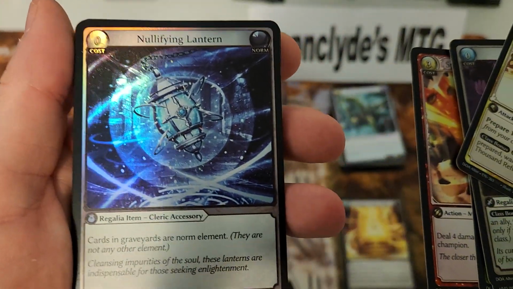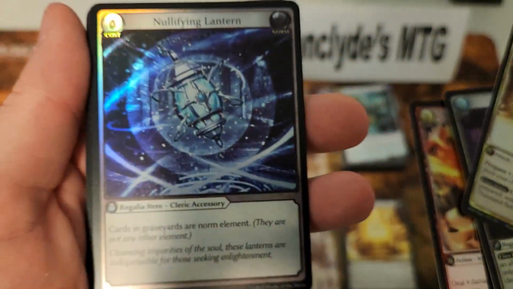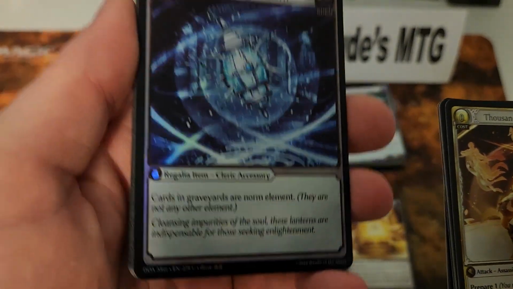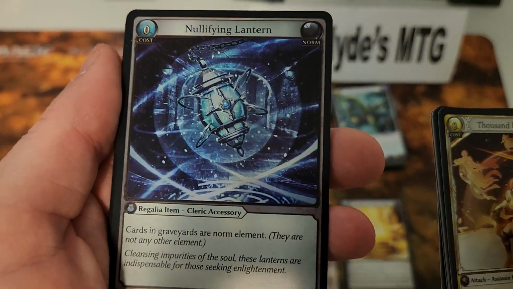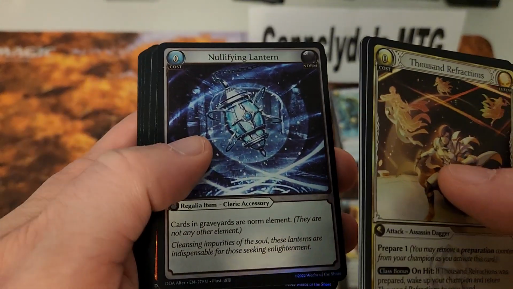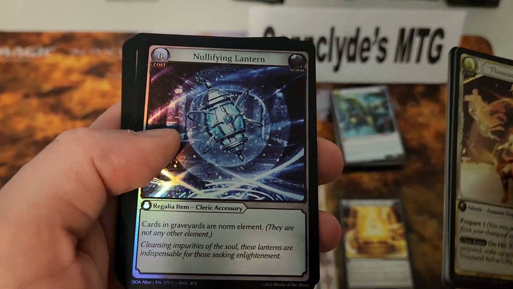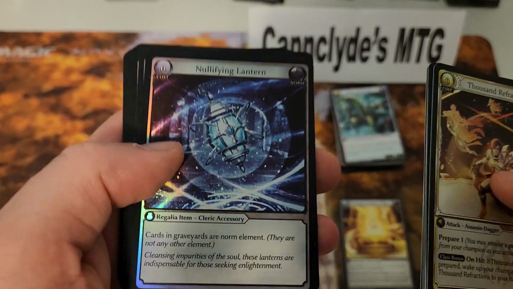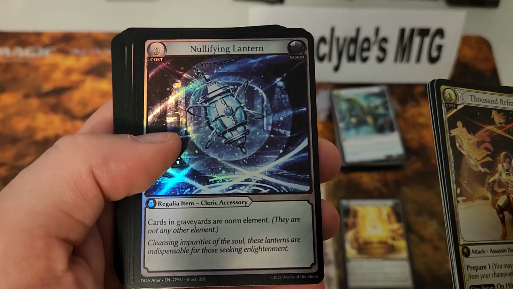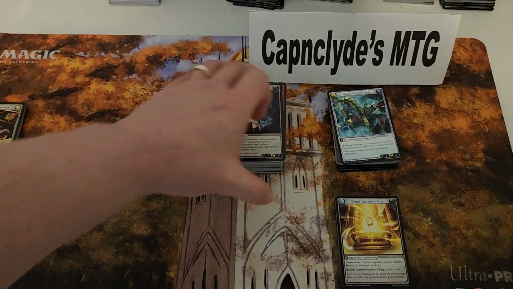The Nullifying Lantern. Apparently, I don't know the cards really well as far as what decks are played, or if people are speculating on it. But this uncommon foil was a $40 hit on TCGplayer. That is just insane for an uncommon. But yeah, if you guessed during that video which uncommon foil I was talking about worth a large amount of money, here it is, Nullifying Lantern. Wow, just insane. So we'll put these off to the side,